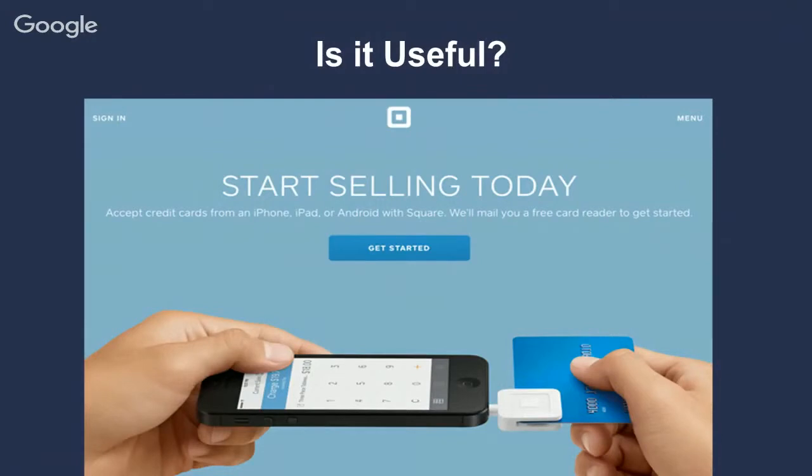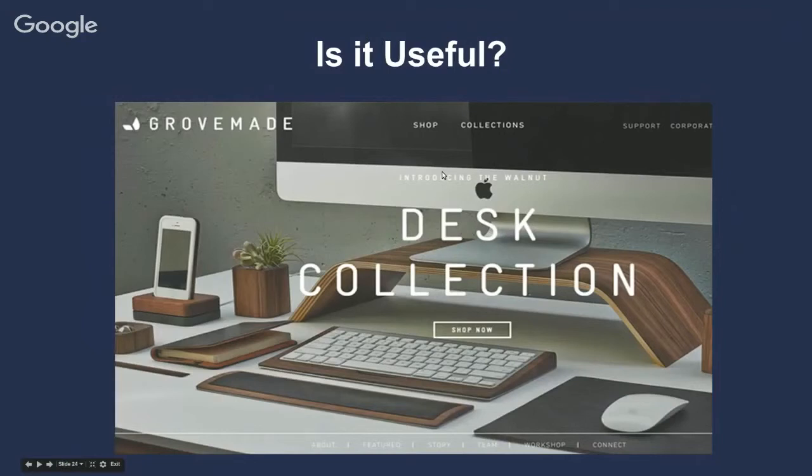You can tell right away that this image has been professionally shot. Look at the hands and fingernails. Most importantly, it directly communicates what the product is about and how easy it is to use. A very useful, educational, and instructional photo. GroveMate does a great job of presenting a collection of the product on a single full-screen background photo. It is quite obvious that they manufacture high-end wooden office accessories.